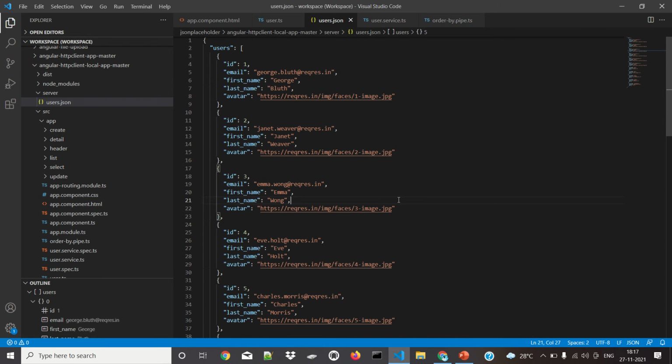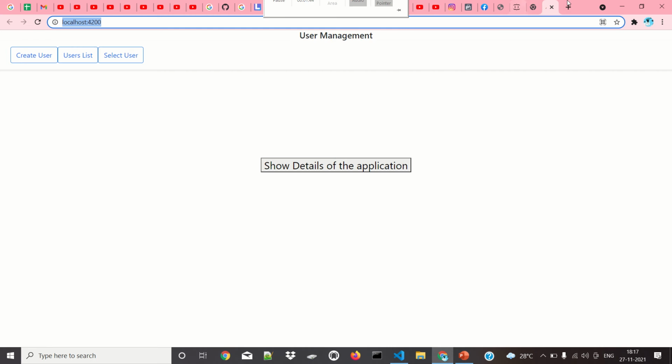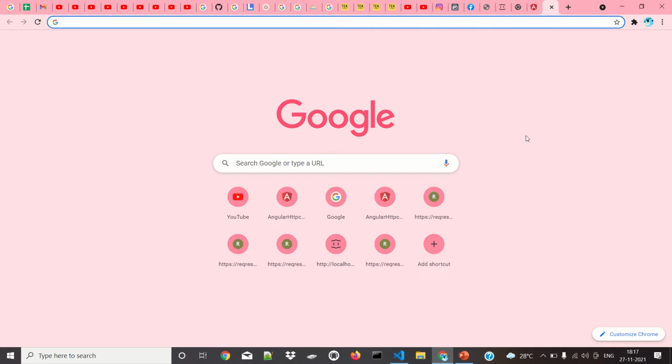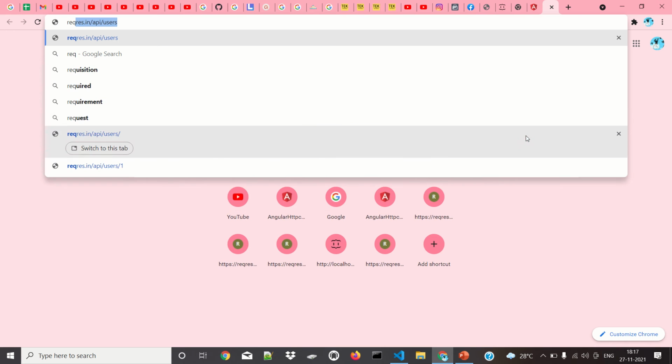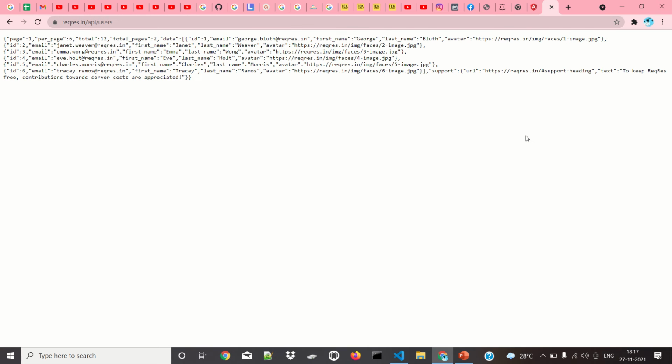Okay, so where did I get this idea? I got it from the request-response API, users. This is a REST API available on the internet, so we can write methods to access this data in our application.